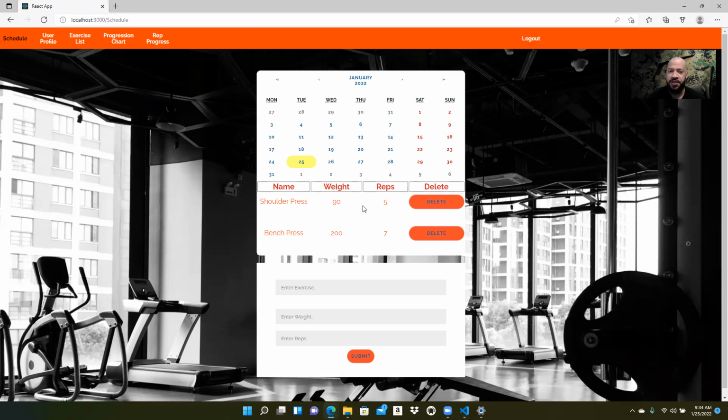So in future iterations, I want it to automatically increase by 5 pounds or whatever weight it sees fit in the system. Right now, I have it set up to where it just carries over what the weight and rep was for the previous week. I also set it up to where if the user decides they do not want to do this